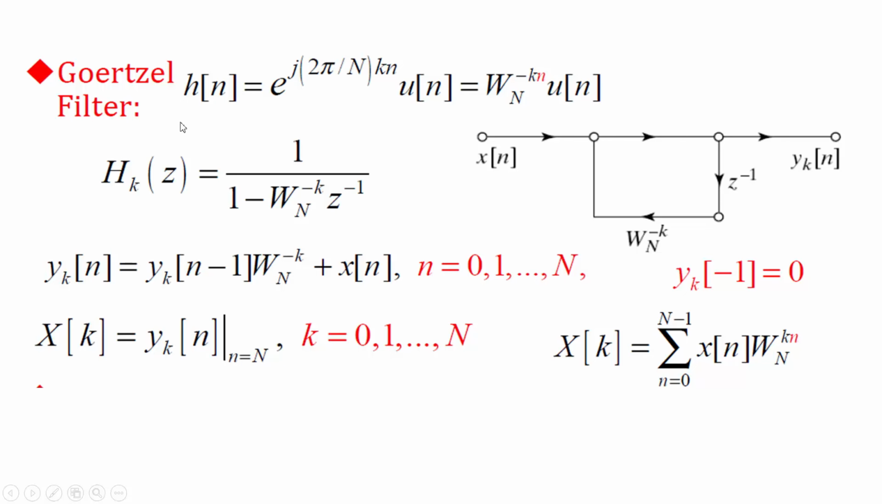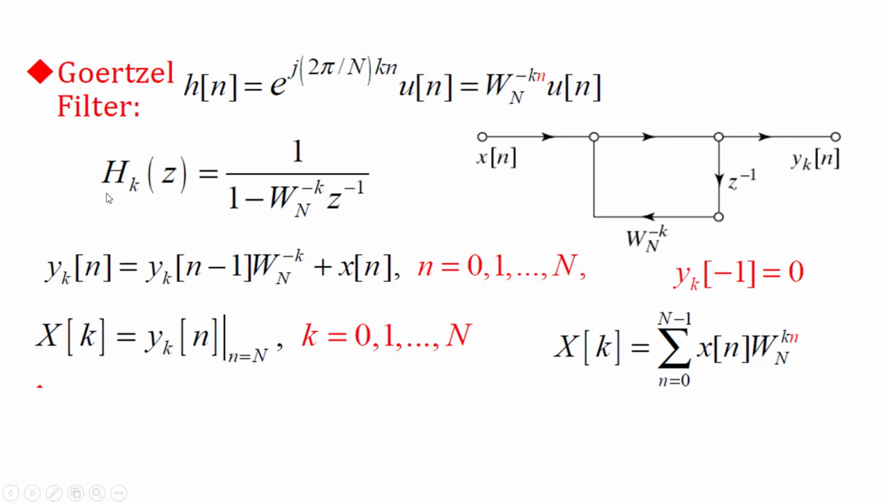Now if I take the z transform of this, because W subscript N raised to the power minus k will be a kind of alpha to the power n u[n]. So what is its z transform? Its z transform will be given by 1 over 1 minus W_N to the power minus k z to the power minus 1. And if I obtain the difference equation from this transfer function,